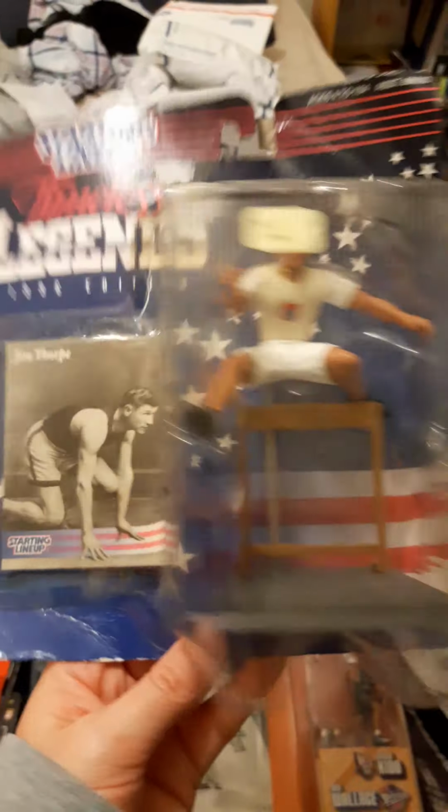Okay, so little change of plans. The phone's battery filled up, so I put on an SD card. So, continuing from the other time, Jim Thorpe figurine,